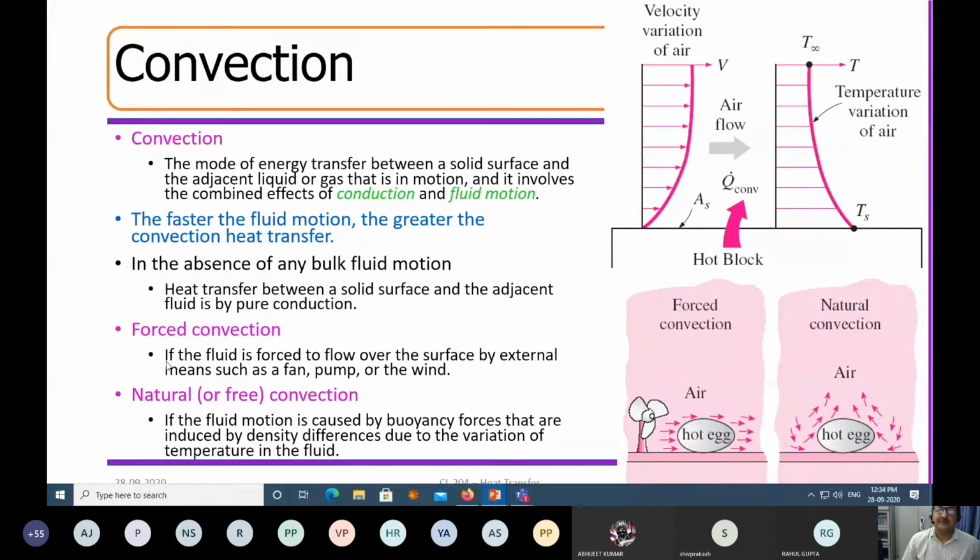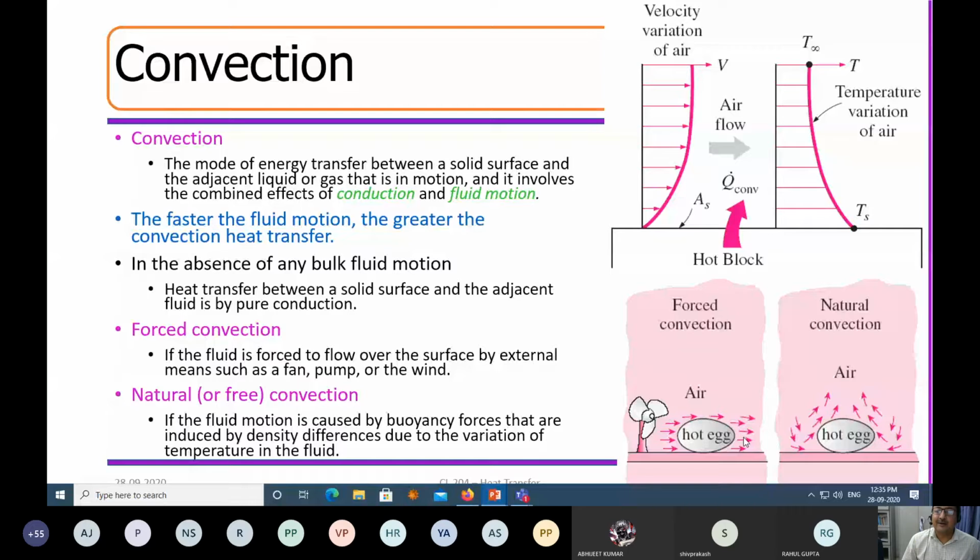This convection is of two types, forced convection and natural convection. Natural convection means I'm not using any fan or compressor to blow on top of this in order to cool it. I'm just allowing it to cool naturally. So that is called natural convection. You know that the hot surface will have lower density fluid and the cooler fluid will have higher density. So higher density fluid will come down, lower density fluid will go up. And in the process, recirculation zones are created, which help in cooling the hot body.